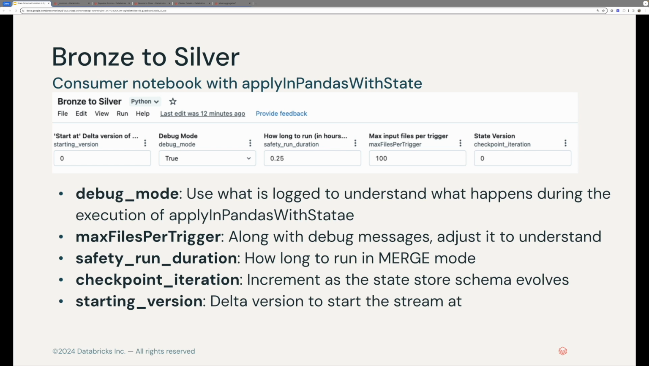Now let's talk about the safety, run duration, and checkpoint iteration variables. These are integral to our scenario under the assumption that a viewing session does not exceed 4 hours. When business requirements necessitate a state schema evolution and the Bronze to Silver stream is stopped, the exact contents of the state store might not be readily discernible. To avoid reprocessing all the data, we want to use these variables to strategically reprocess only a portion of the